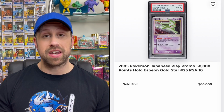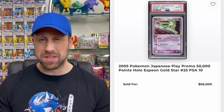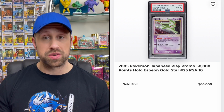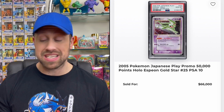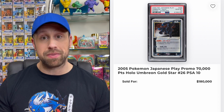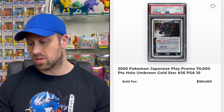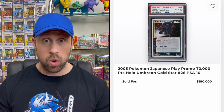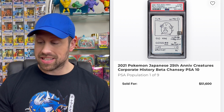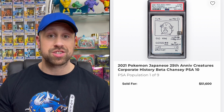$21,600. Here we have an Espeon Gold Star Japanese Play promo card. This is the 50,000 point card, sold as a PSA 10 for a whopping $66,000. And then we saw this PSA 10 Japanese Gold Star Umbreon, which is a 70,000 point promo card that sold for $180,000. Whoo! And then here we have a PSA 10 Chansey from the Japanese 25th anniversary corporate history deck that